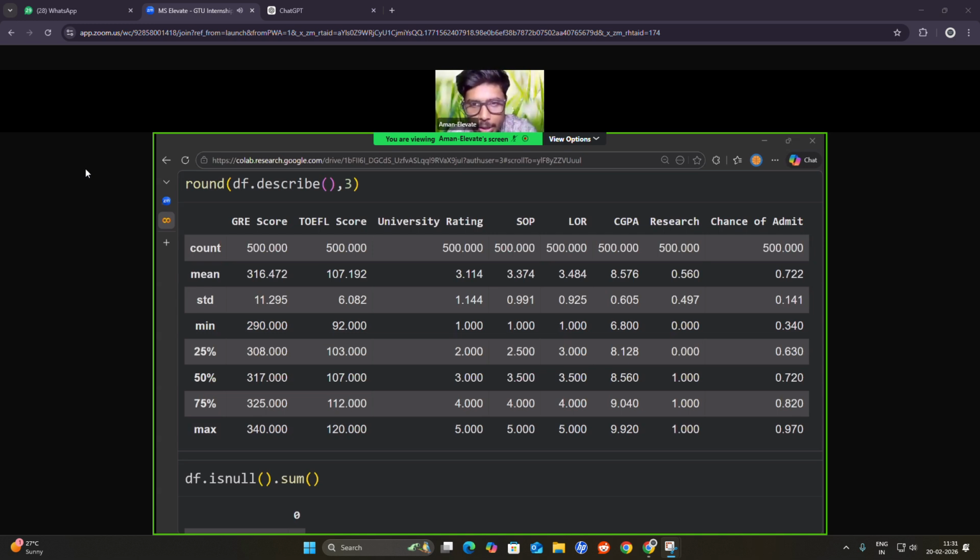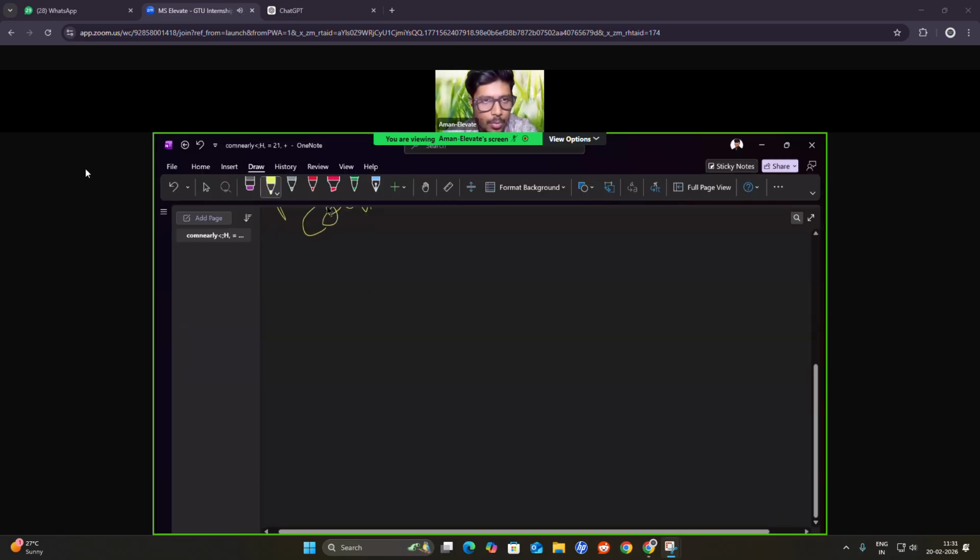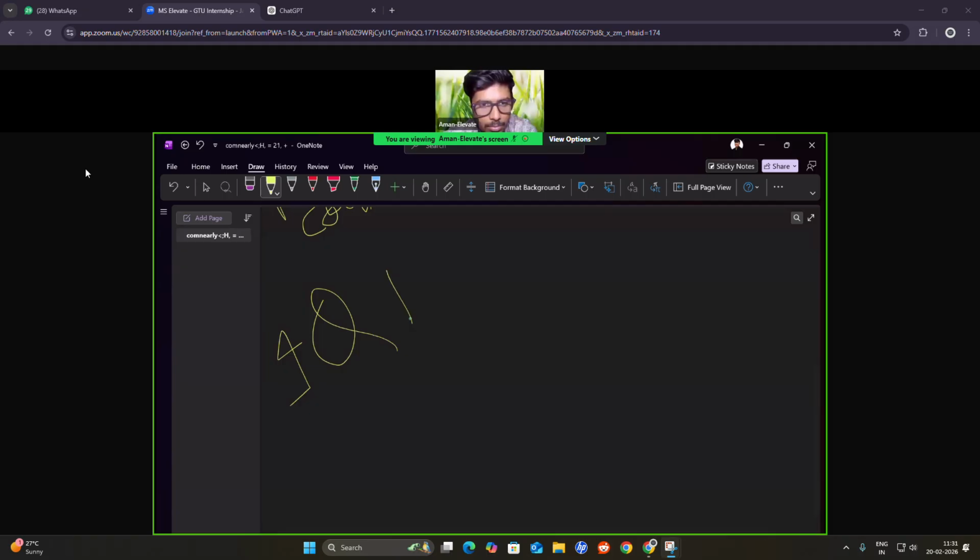Interquartile range. Interquartile range means what? Okay. So what is IQR? The full form of IQR is interquartile range. Okay. What is this interquartile range? Interquartile range means,